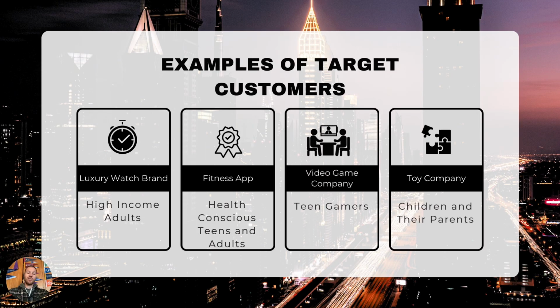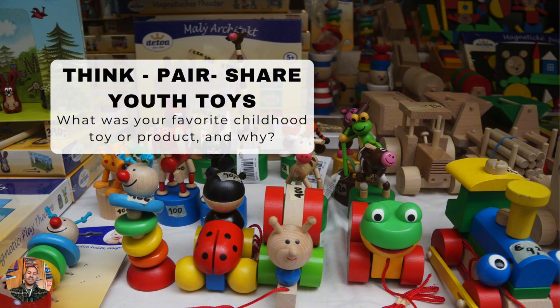To get students to start thinking about who these people are, I give them a few examples. A luxury watch brand probably has high income adults. Fitness app, likely health conscious teens or adults. A video game company, quite likely going to be teen gamers. A toy company, children, and also their parents. And that's an intentional segue with the toy company because I next have my students think about what their favorite